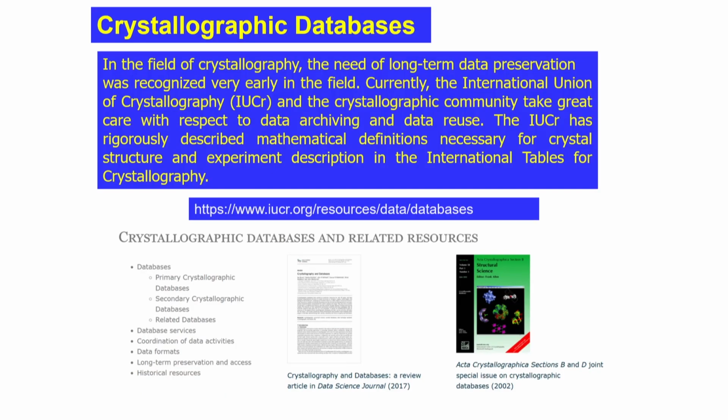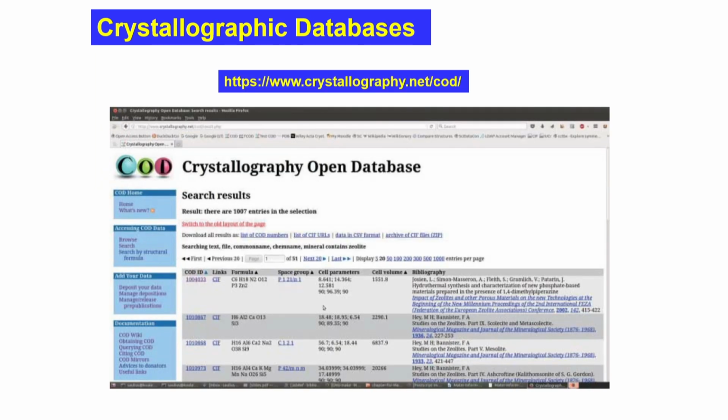Crystallographic data, there are two types of crystallographic data. One is open crystallographic data, the other one is you have to purchase it, right. As you know, long term data preservation in crystallographic data was started very early. There is a thing called the International Union of Crystallography, and the crystallographic community actually collects data and then compiles the data. These are the different books. Nowadays you can get even CDs or pen drives to get the data. This website will give you all the different kinds of databases. You can also have open databases. Anybody can use it, right.